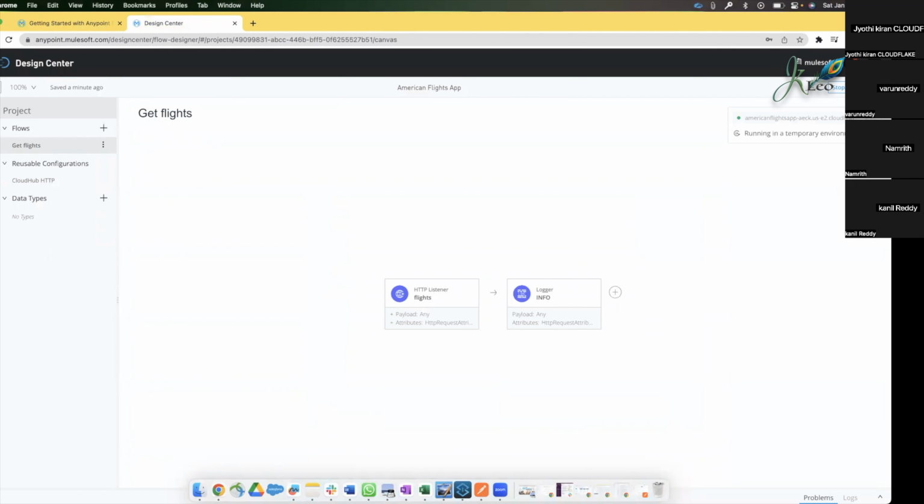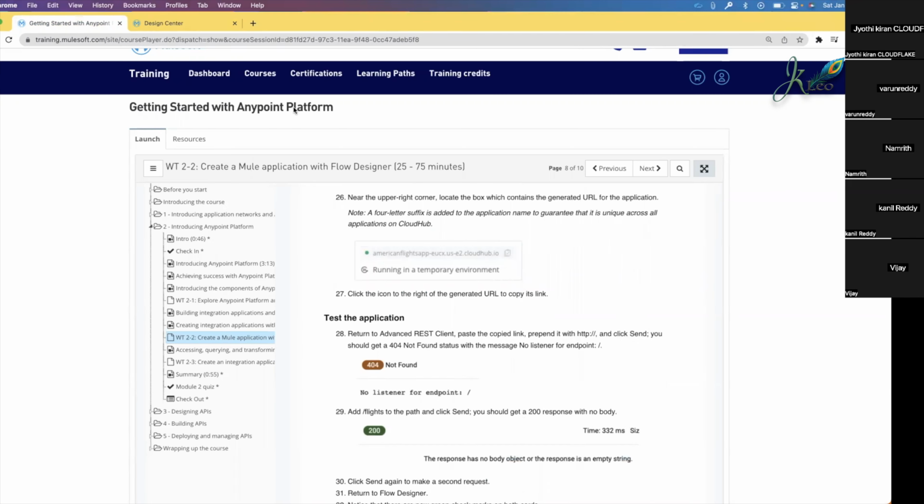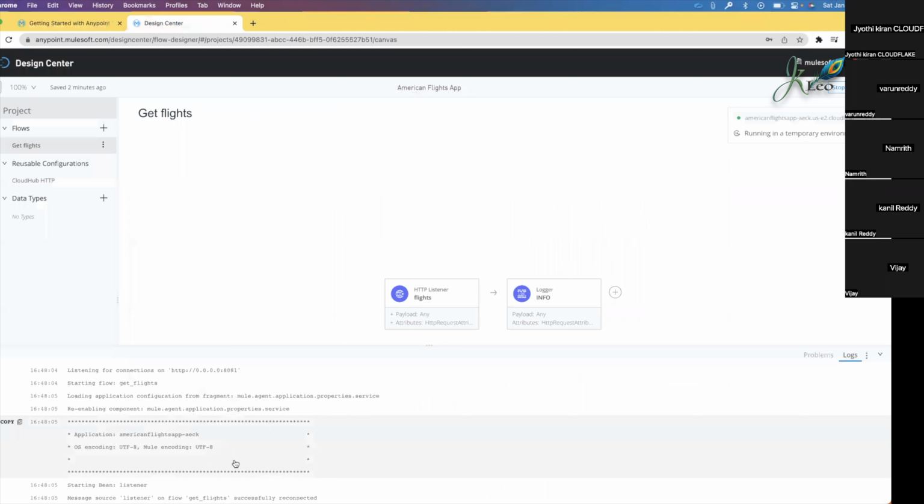You see a small arrow on the bottom right corner. If you click that, it will come up and you can click on logs here. In logs you can see the response. If you are seeing the logs, let me know. Are you able to see the message at the bottom that says the get flights successfully reconnected? Okay, now let's open